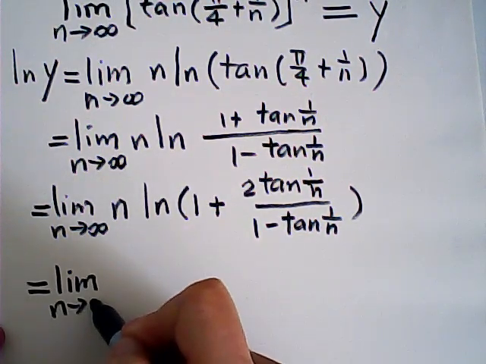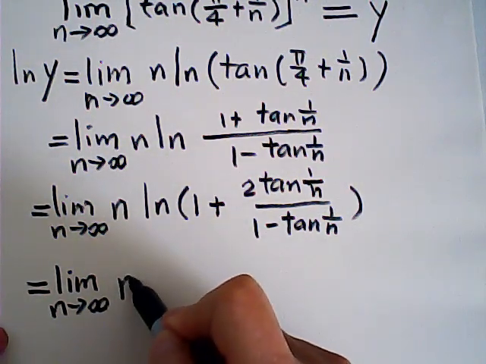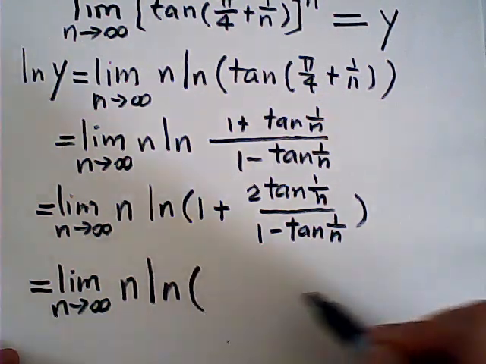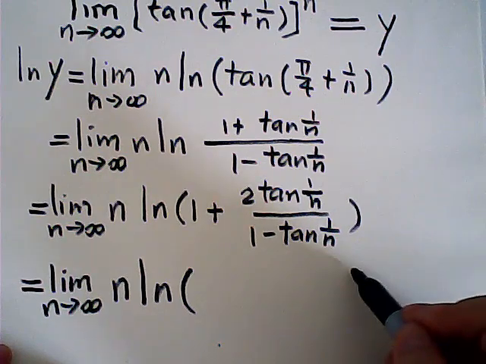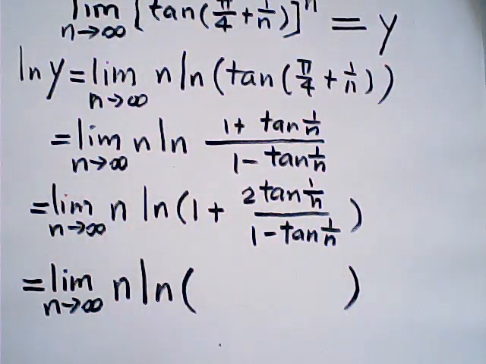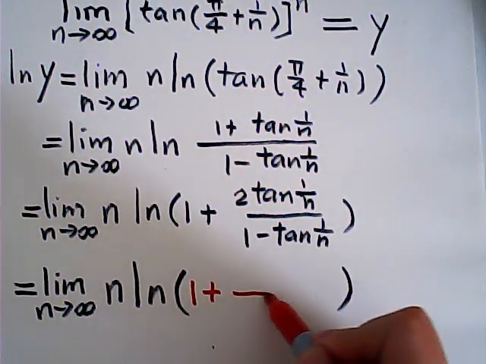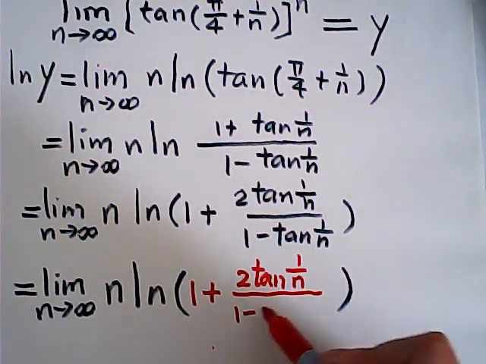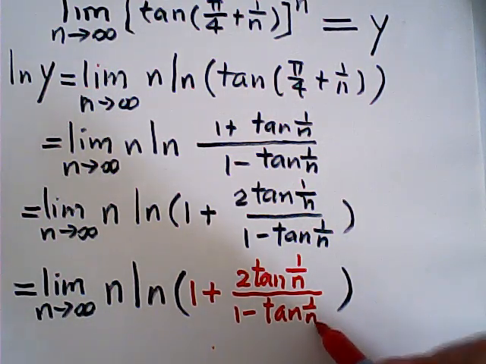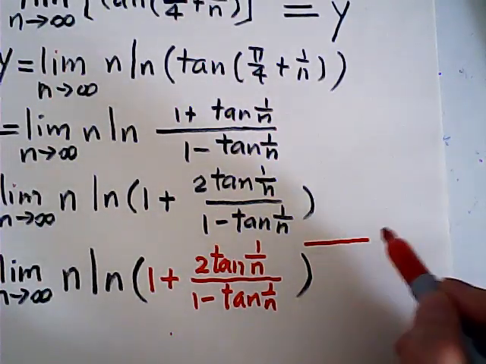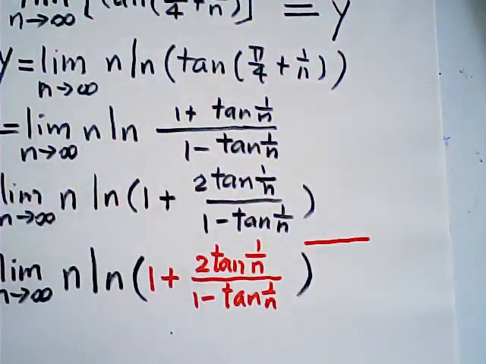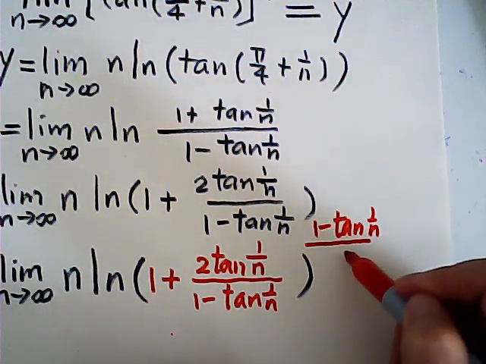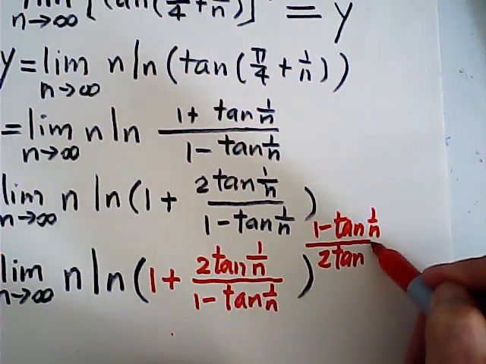This is equal to the limit as n goes to infinity of n log of the bracket 1 plus 2 tangent 1 over n over 1 minus tangent 1 over n, raised to the reciprocal of 2 tangent 1 over n over 1 minus tangent 1 over n,